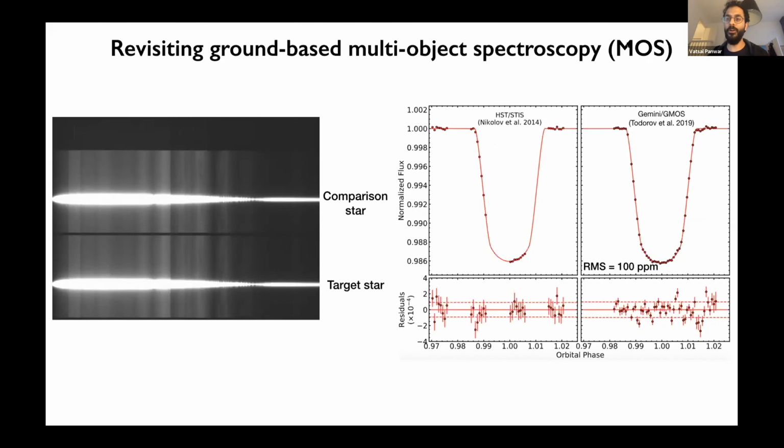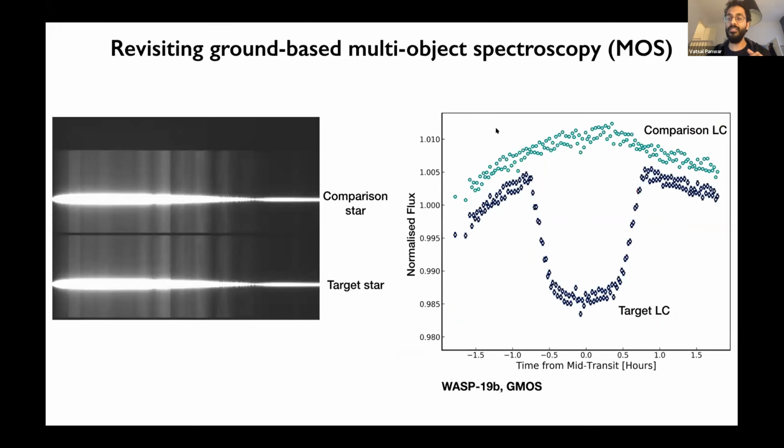So here is an example of a transit of HAT-P-1 that was observed using Gemini GMOS. And you can see that in most cases, you can actually obtain precisions almost comparable to what you would get from HST or TESS. But what I would like to do today is to just revisit the basis of this technique. So here is an example of one of the favorite active host star planets, WASP-19, a transit observed by